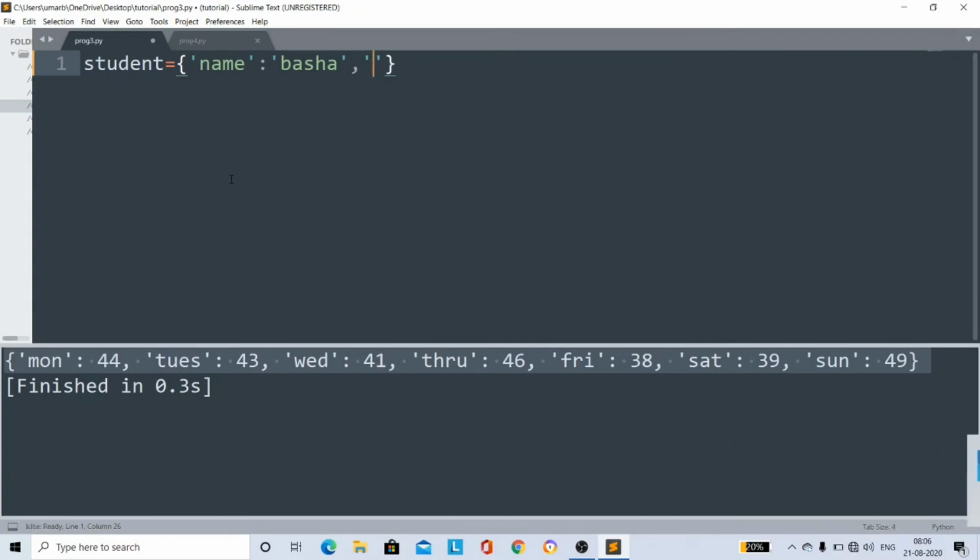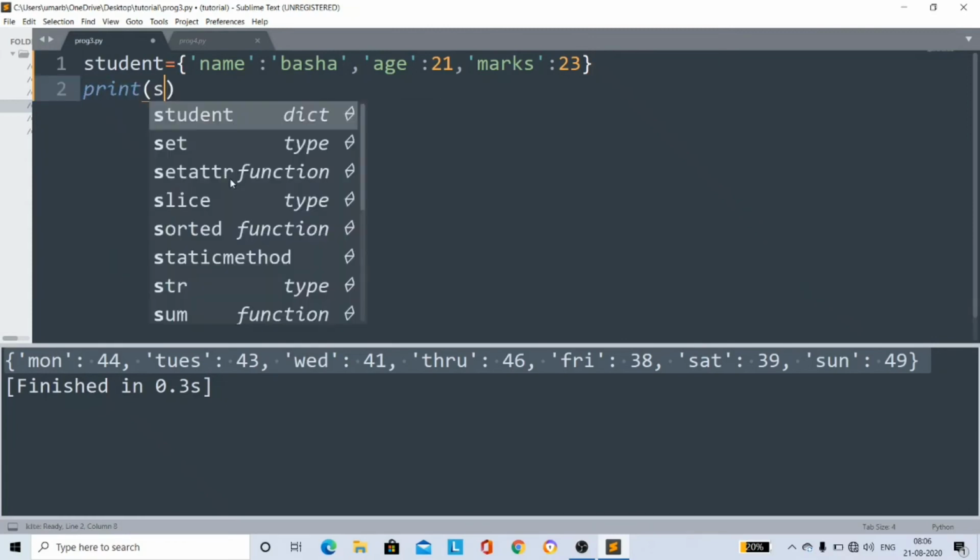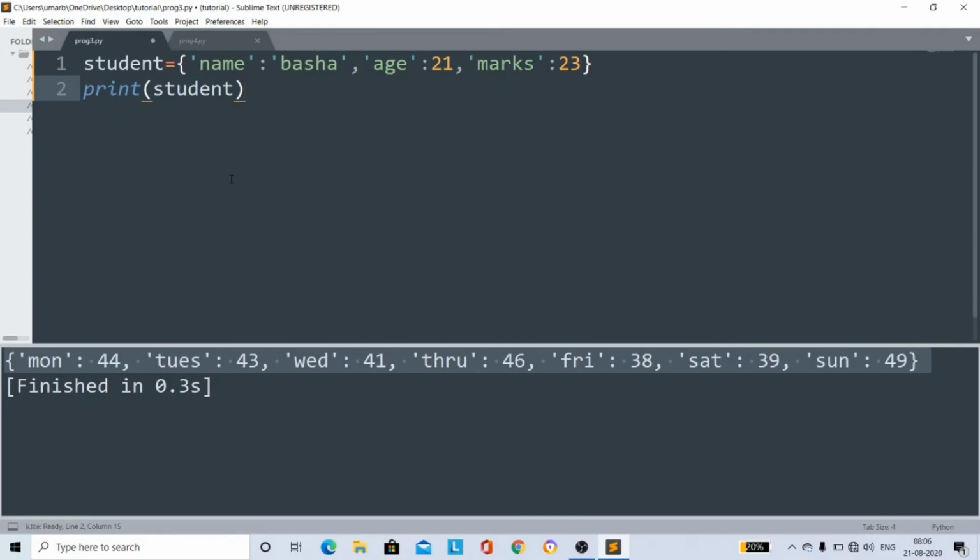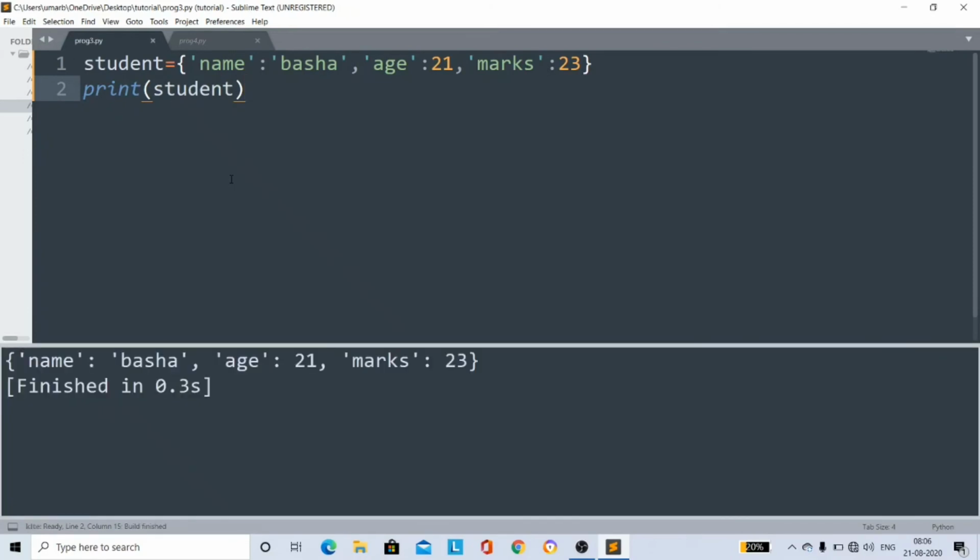And age 21 and marks 23. Print student dictionary. Okay, my dictionary is printed.